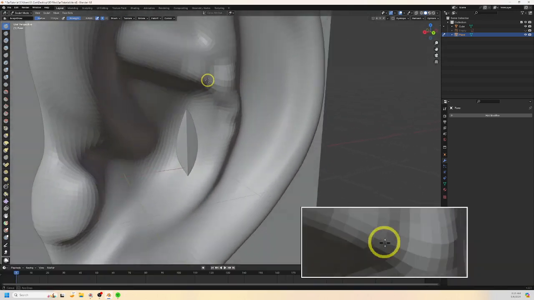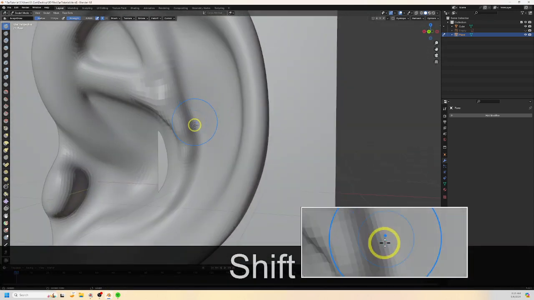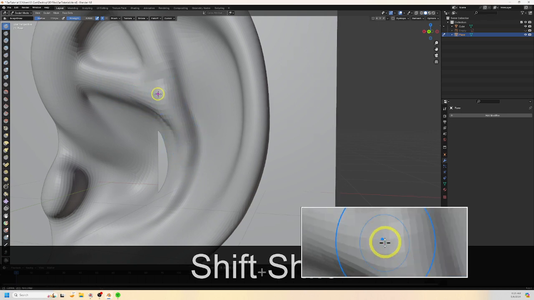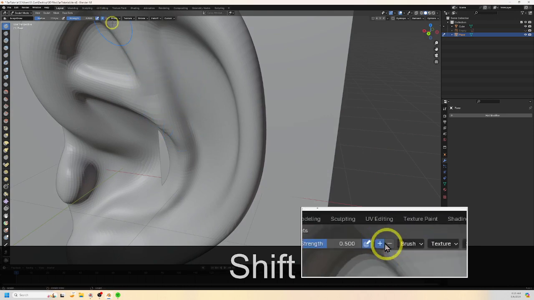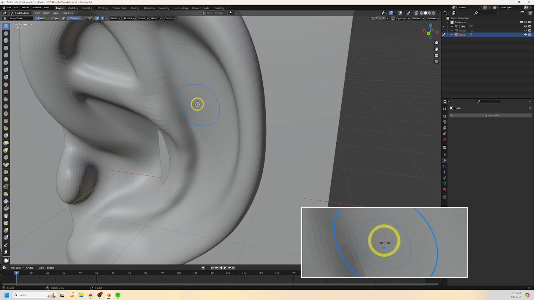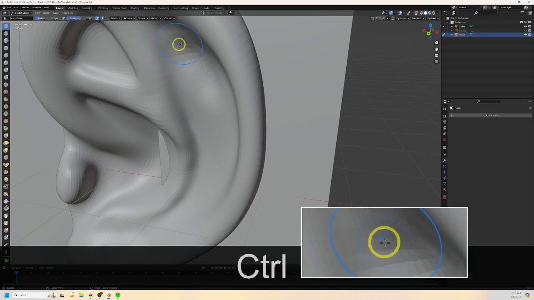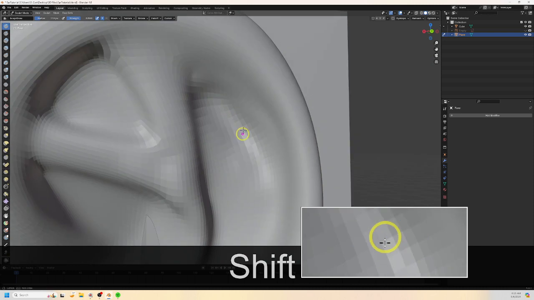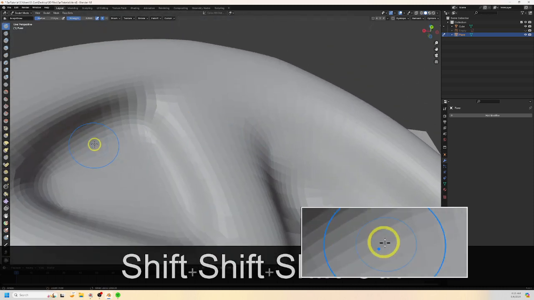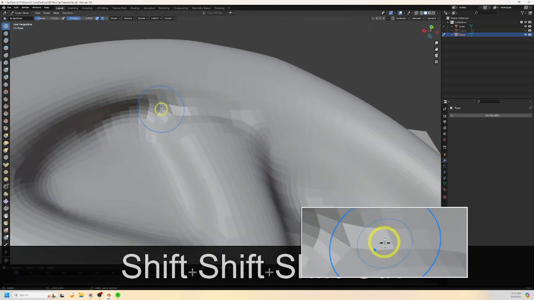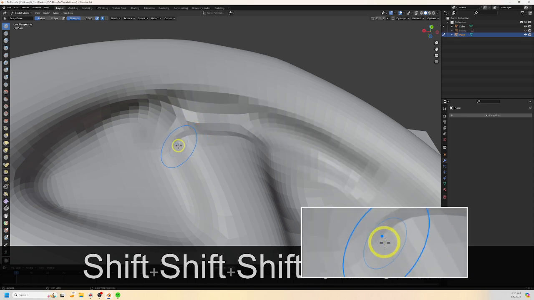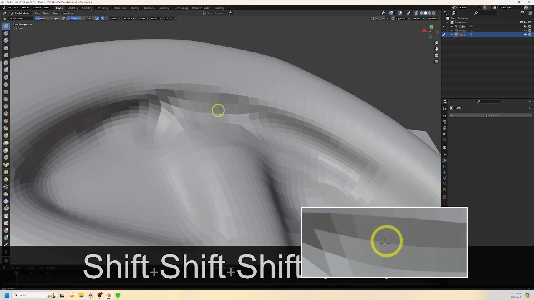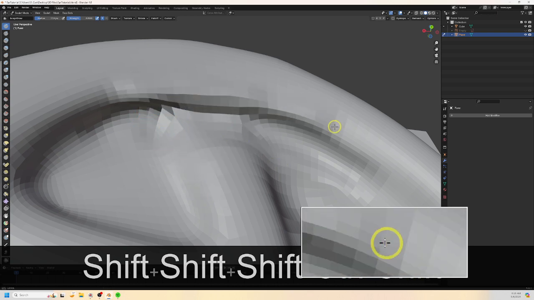So if I do something and it went further than I wanted, I can hold shift, and that becomes a smoothing tool. Instead of coming up here and hitting the minus, if I want this area to go back in more, I can hold down control, and that will push that area in instead of pulling it out. Here, this area needs to be pushed in because that little rim on your ear goes out. I use my smooth tool for this area, and then the draw tool up here to pull this out